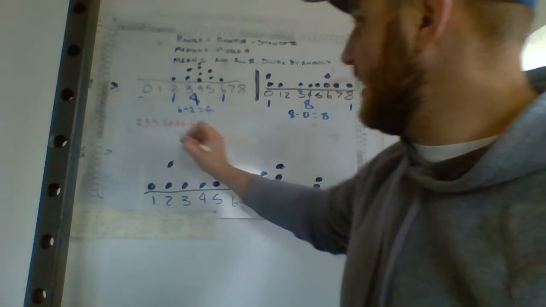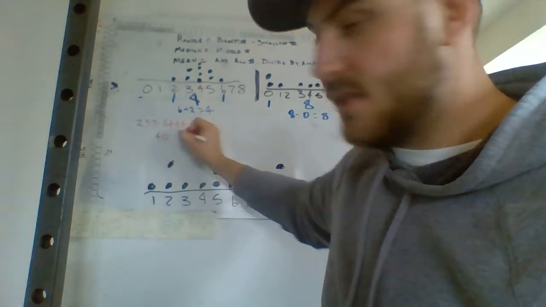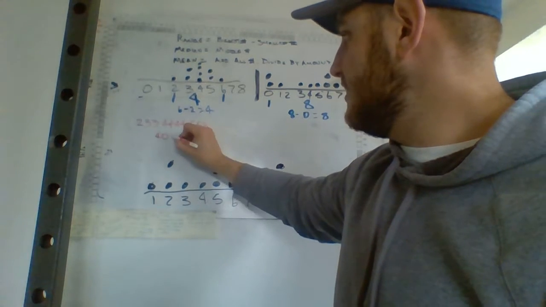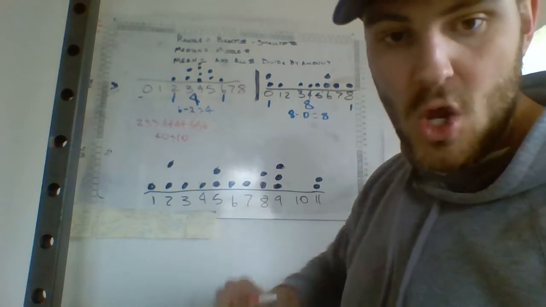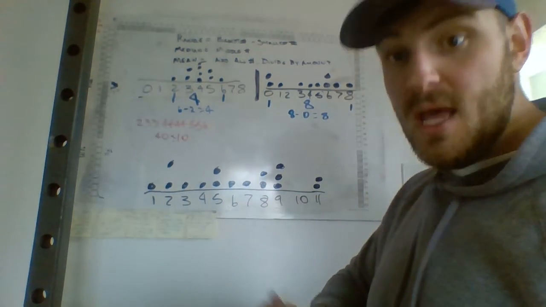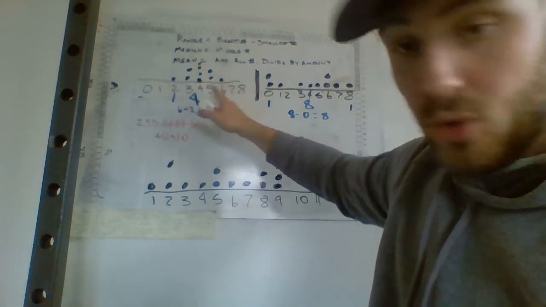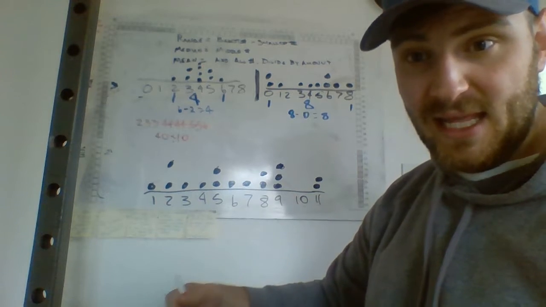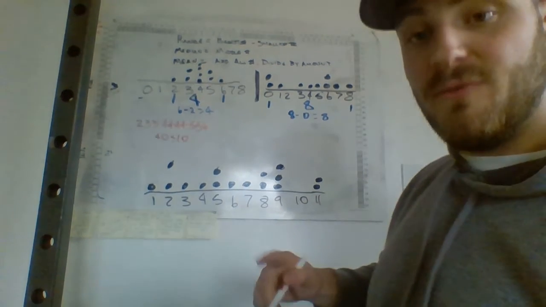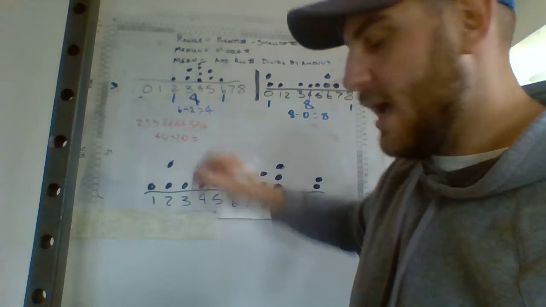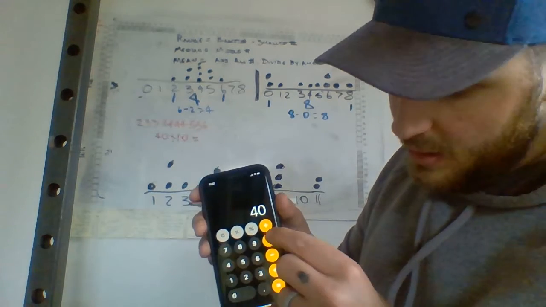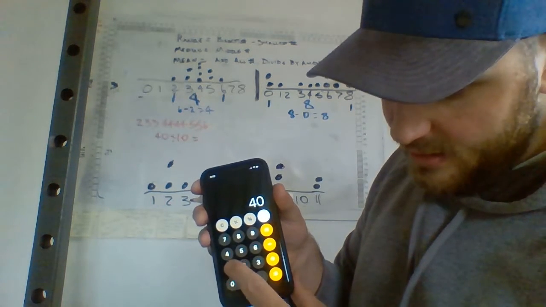Then we're going to take the 40 points that she has and we're going to divide it by 10. Why am I going to divide it by 10? Because 10 is the amount of games she played. There are 10 total dots. That means she played 10 games. She kept track over 10 games. So 40 divided by 10 is